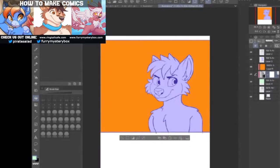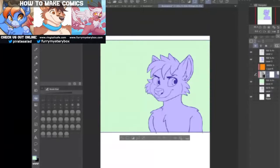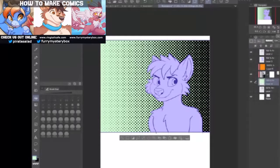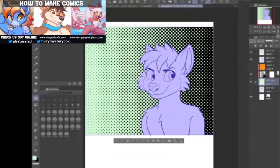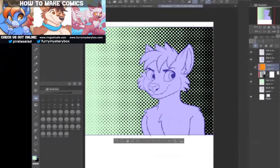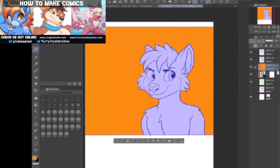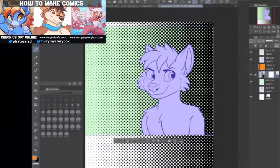Oh, hold on. So I can clip my dots layer to it, and now my dots show up in this. But before I do that, I realized what my problem was here. My orange layer is also clipped to my bottom layer. So I'm going to use a different technique for that, which is I'm going to lock this layer. And while we lock the layer,